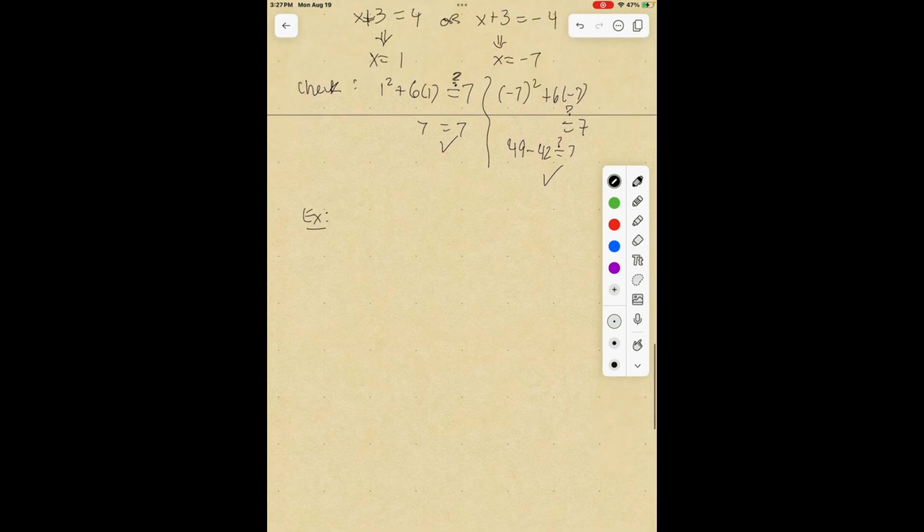And just to be clear, the solution is that x equals 1 and x equals negative 7. These are the only two solutions of the equation. Let's do one more example. So let's say that you had